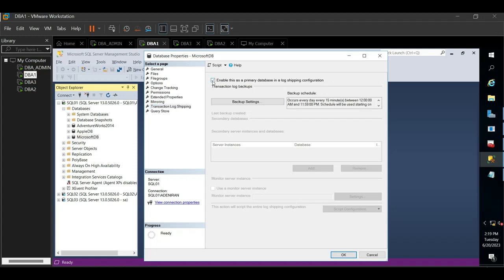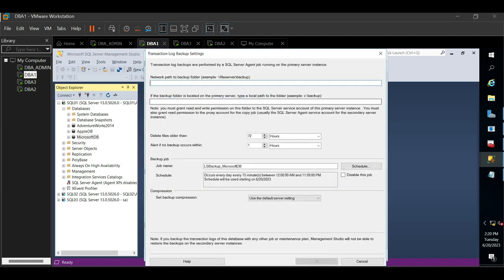So click this. You are going to see transaction log backups. I told us during the explanation that transaction log shipping is based on a schedule. You are going to give it a time to perform the operation. So click on backup settings. You can see we have a network path to backup folder. This network path is telling you that